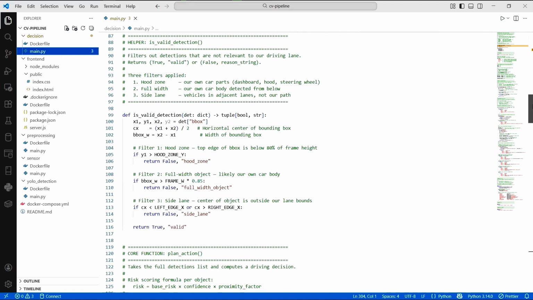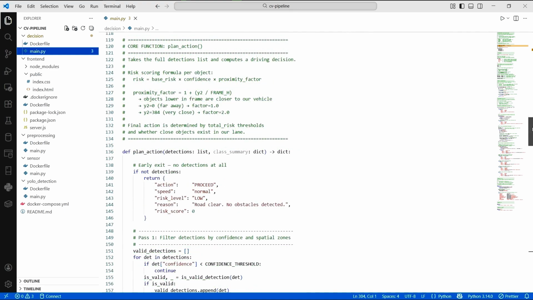Three filters. First, if the top edge of the bounding box is below the hood zone, ignore it. Second, if the object is wider than 80% of the frame, it's our own car body. Third, if the center of the object is outside our lane bounds, it's in a side lane.